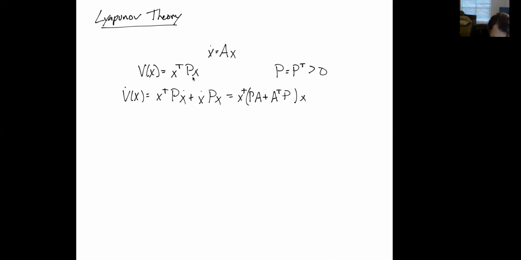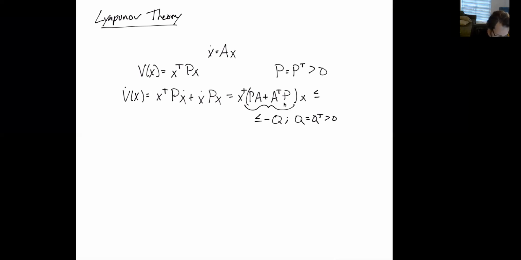All right, and now if we can show that there exists a Q, where Q is symmetric and positive definite, such that PA plus A transpose P is less than or equal to negative Q,